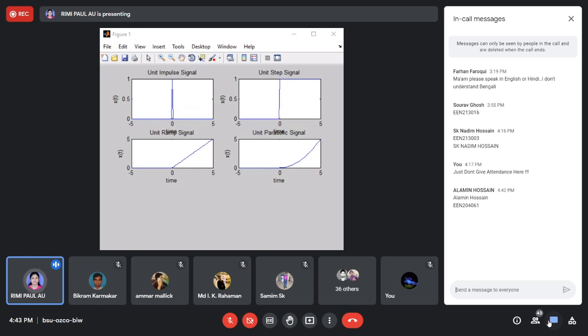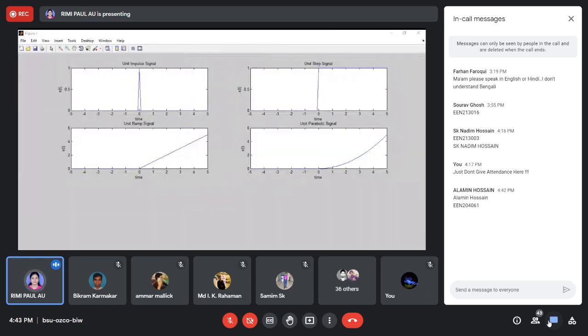X label: in the command window you can see that x label is time. Y label xt is given, and title unit ramp signal is given. Now if you want to change here, suppose you want to change